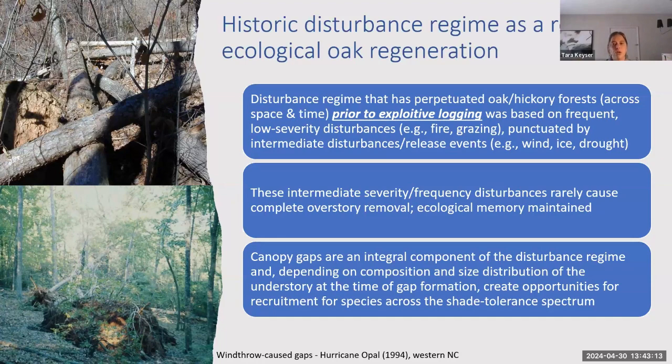And depending on the structure and composition of that forest understory at the time of gap formation, gaps really create opportunities for the recruitment of the most shade intolerant species that we have, like yellow poplar, to the most shade tolerant ones in the region, like red maple, which we don't really necessarily need to create more opportunities for, but just saying, those gaps can, if the understory is in a good state, create the opportunities for the regeneration of our full